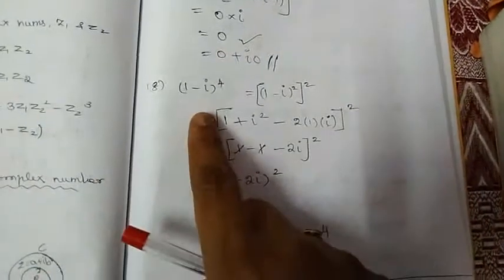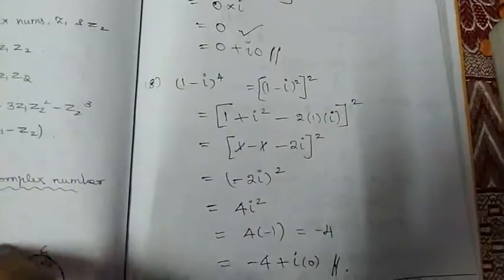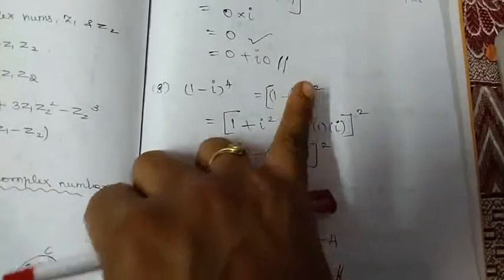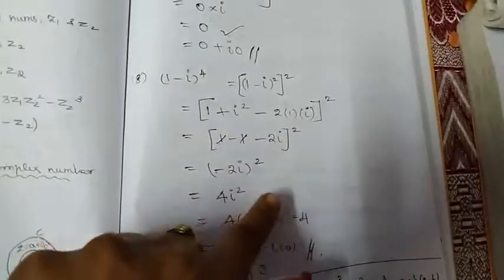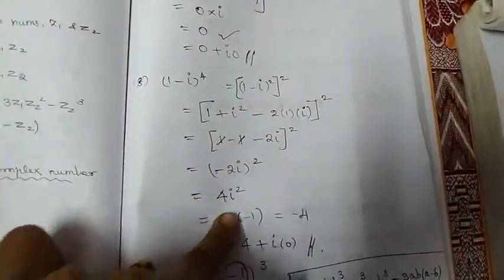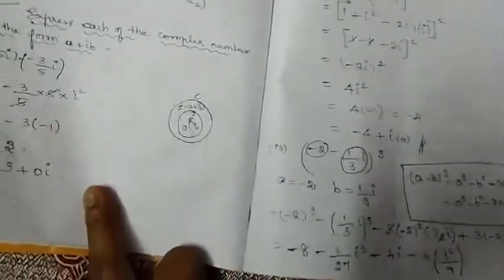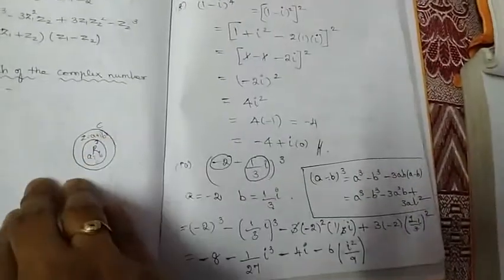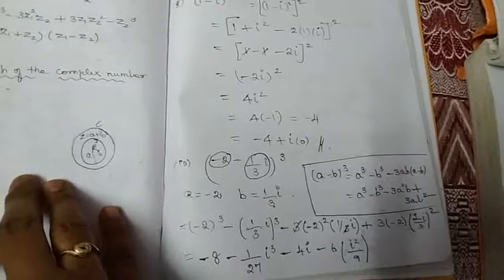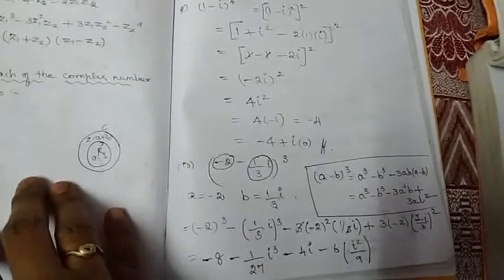Right? Now if you see the next question, it is of the form (1 − i)⁴. It can be expressed as ((1 − i)²)², then only we can expand it using the (a − b)² identity. After expanding, we got (−2i)², which is 4i², which is 4 into −1. So likewise you have to do it. Repeatedly we will be using the powers of i, algebraic identities, and multiplying by the conjugates. That's it. If you repeatedly apply them according to the context of the problem, you can express it in the form of a + ib.